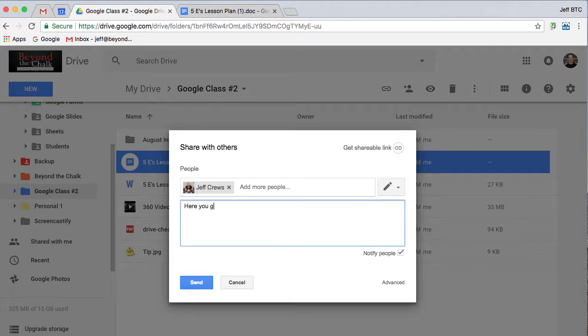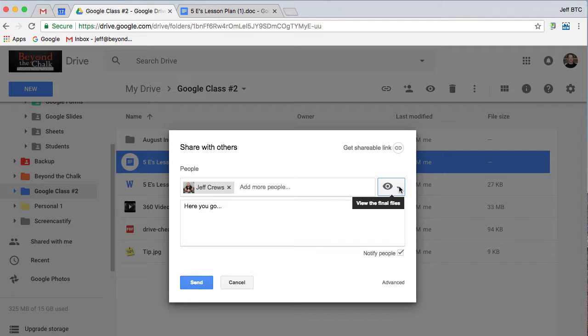Here you go. Okay. Now, the other thing that you need to pay attention to is this icon right here. Because this is a document, I've got 3 choices. I can edit, I can comment, or I can view. Now let me just tell you the differences. If I click on view, that means if I send this link to myself and I go into my personal account and open it, then I can read the document, go through the document,